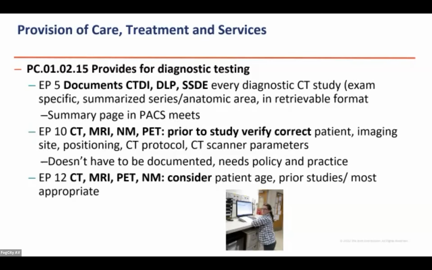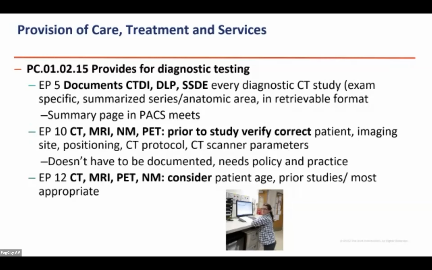Now, it's possible that a surveyor will say to you, hey, pull up one of these reports out of PACS and let me see that it's there. Let me see that, it looks like a reasonable number. Now, surveyors clearly don't have the knowledge that you do. And so they're not going to be able to evaluate those numbers maybe as well as you hope they would. But they're going to be able to get a sense of what's going on.